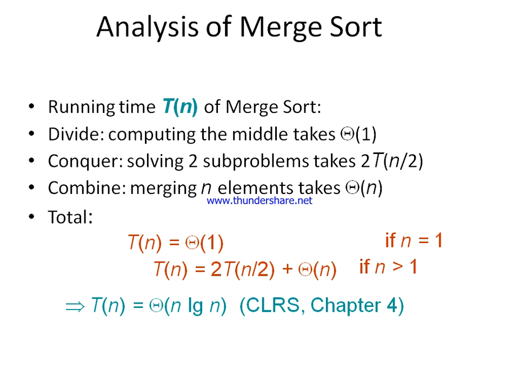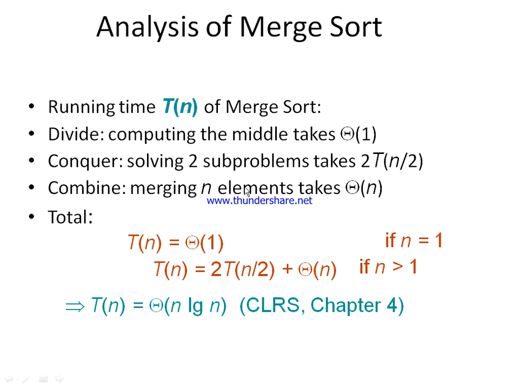So, analysis of merge sort. The running time for merge sort is calculated using a recurrence relation. Here the recurrence relation is: divide and conquer, computing the middle element, that is theta of 1. So we are performing only one calculation. Next, conquer: solving the two subproblems takes 2T(n/2), because the list is divided into halves. So n by 2 iterations you have to take, recursively, so 2 into T(n/2). And for the two subproblems, each one should take n by 2 iterations: one T(n/2) for the first half and one T(n/2) for the second half.